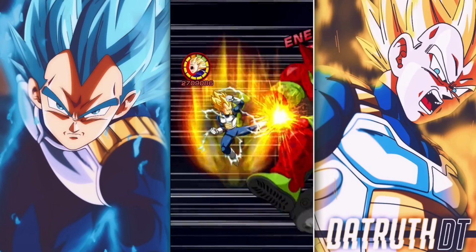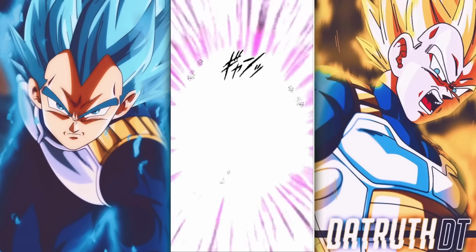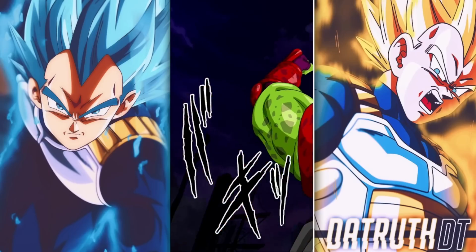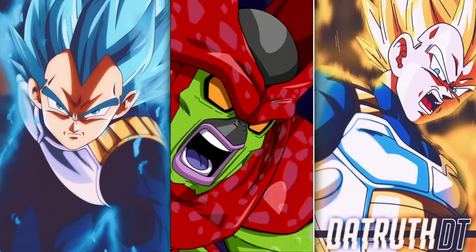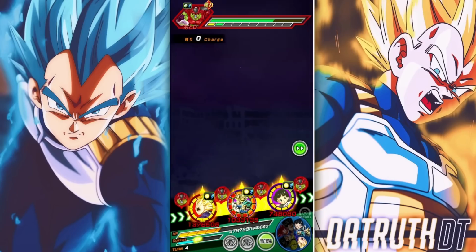Yeah, I should point out right about now, I did give the full dodge build to my Vegeta and Bulma. This character, I don't need them additional supering. I don't need them critting. I need them dodging this. Alright, how much does this do? Alright, I mean...